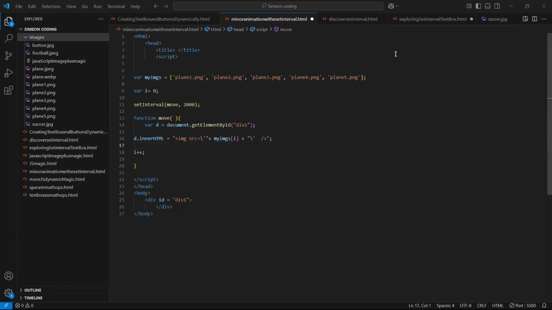Huh? Are you hearing me at all? Yes, I'm hearing you. If you are not hearing me, let me know so that I don't have to keep repeating. Can you just repeat it? What I said is that we are dynamically creating an image by sending that img from the right hand side to the left hand side in d.inner.html. Yes.